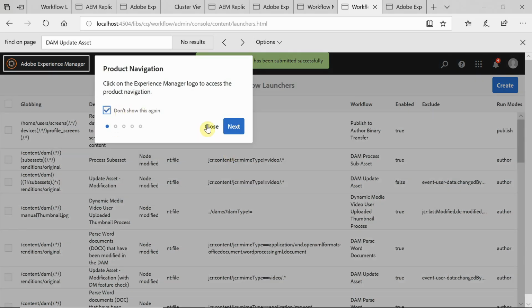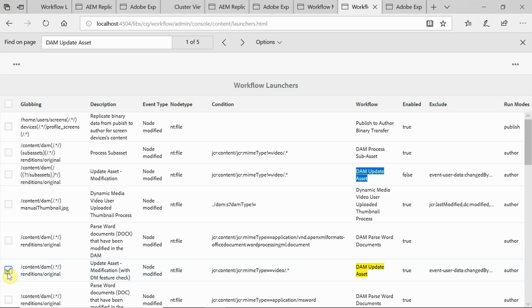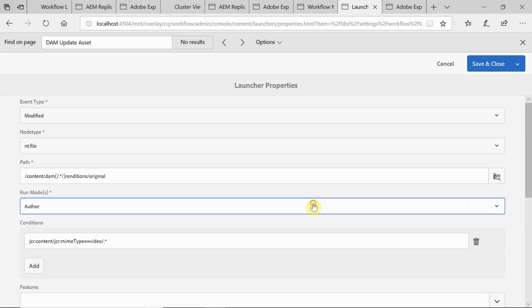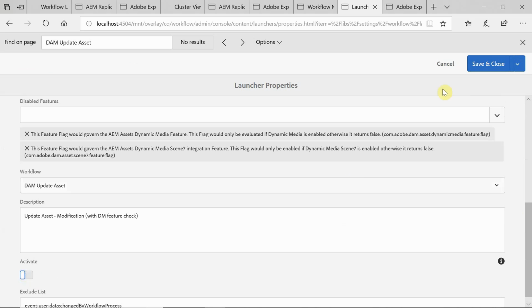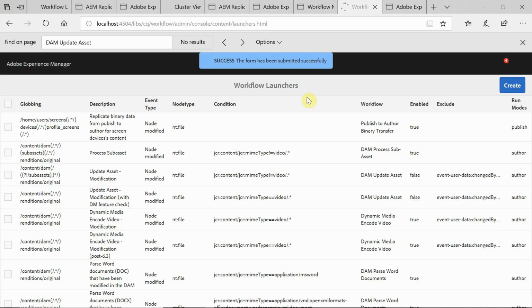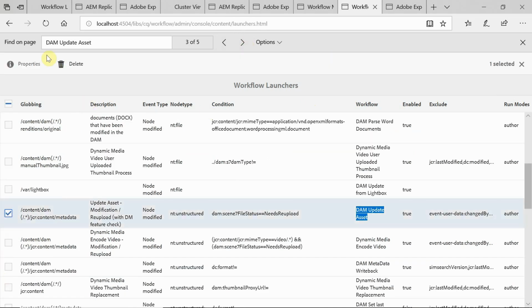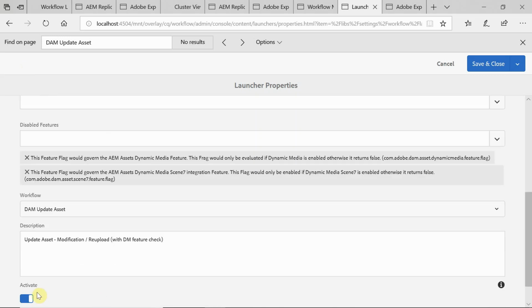Do the same thing for the other cases also. Yeah, this is false now. Wherever it is true, you can go and edit it. Activate, save and close.